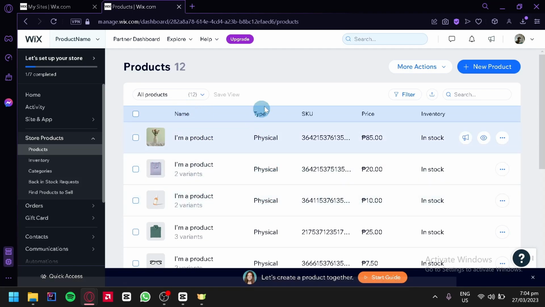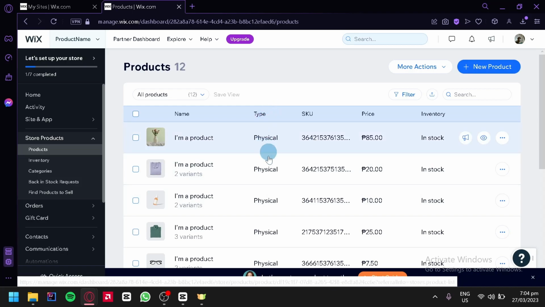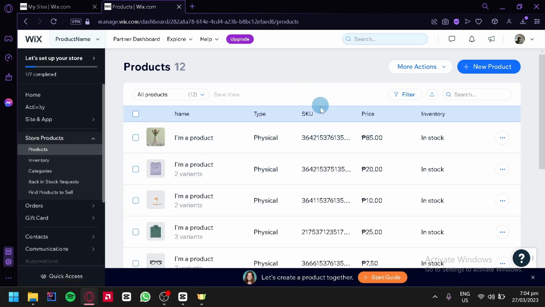We would be able to see the name, the type, which is either a physical or a digital product, the SKU, the price, or if it is in stock. We could promote this product by clicking on this option over here. We could also hide it from our online store, and we could edit it by clicking on these three dots